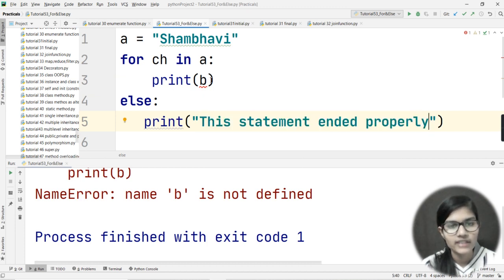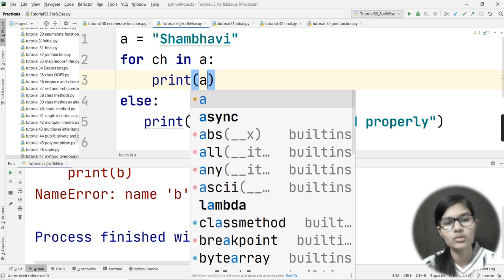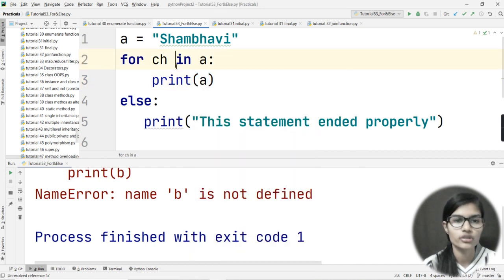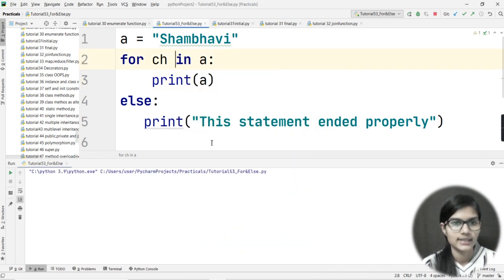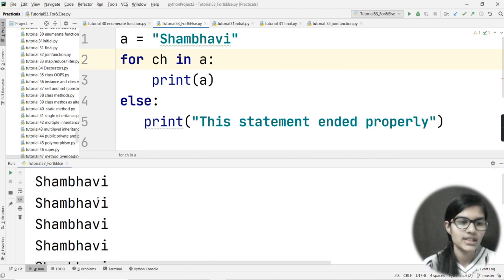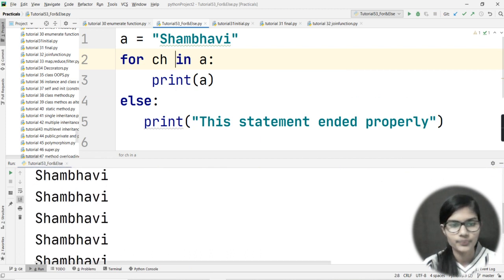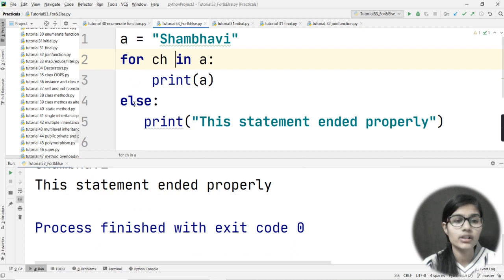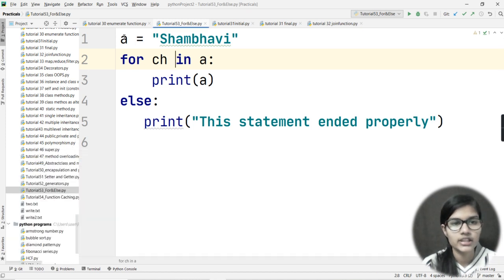So your first loop or condition should be absolutely correct, then only the last part would be printed. Otherwise it will show an error, and after showing that error, your control will not go into your else part. I hope I have made this clear to you.